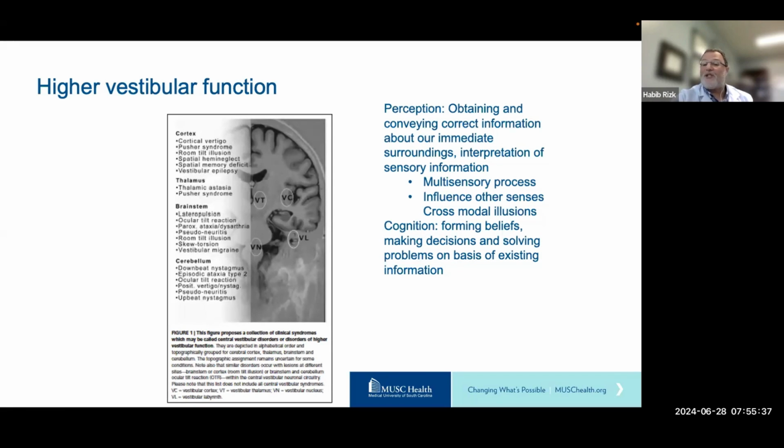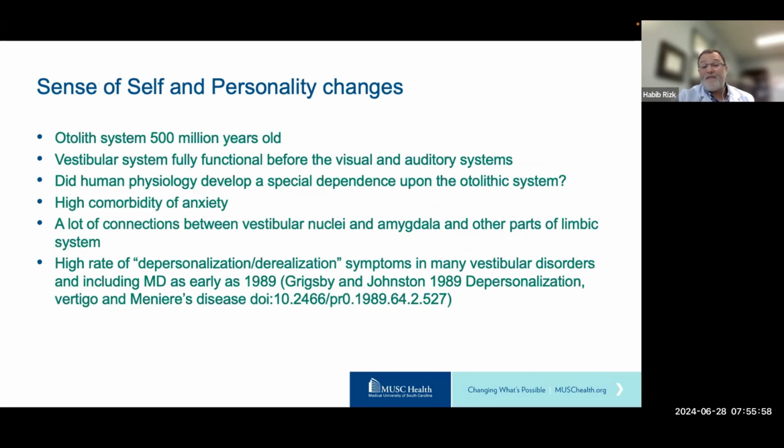We know that a dysfunction in one of the senses can influence the other ones, which can lead to cross-modal illusions. And it's because of our perception of the environment that we can develop cognition and form beliefs and make decisions. And regardless of other esoteric considerations, the vestibular system is responsible for our cognition in motion. And there are thoughts that it can lead to personality changes and a change of our self-perception, not only related to how the limbic system is affected, but also to the fact that the vestibular system can influence the other senses, like we discussed.